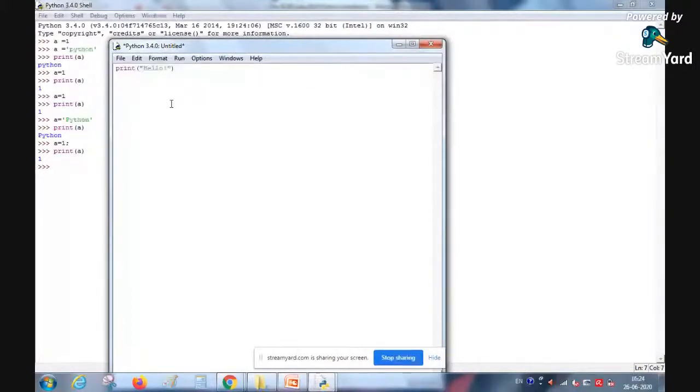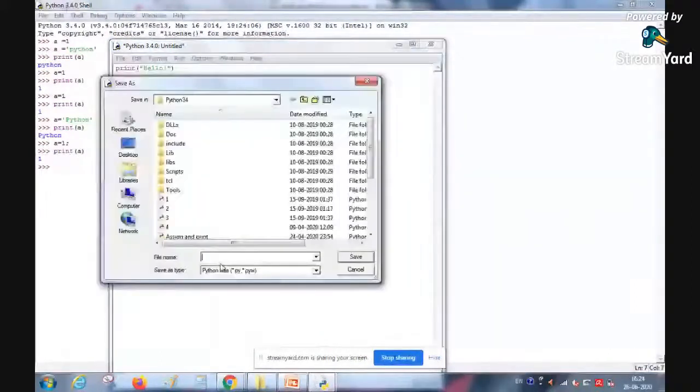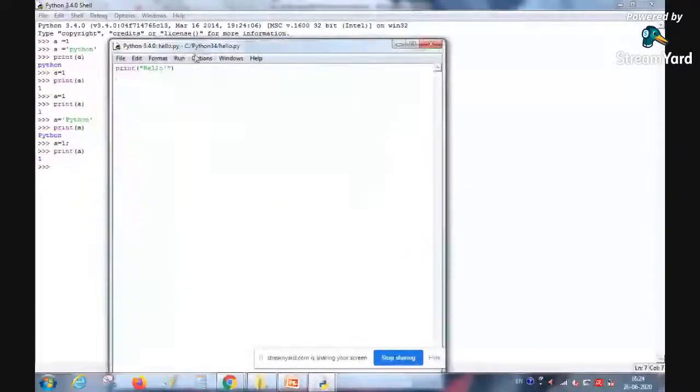Before the run operation, I will have to save this. I will save it as, suppose, hello. Then if I run this, what will it do? It will run the command which is written. Okay. So Python allows us to have the previous command executed immediately, right? But before that,